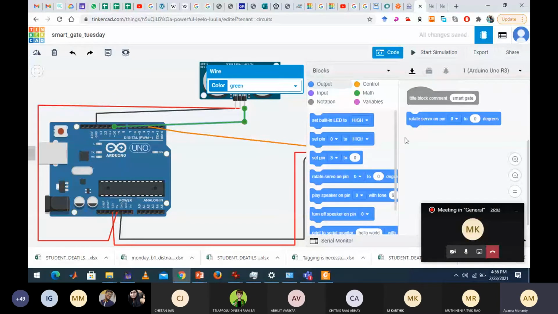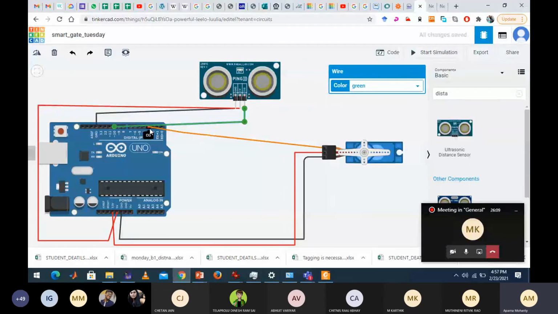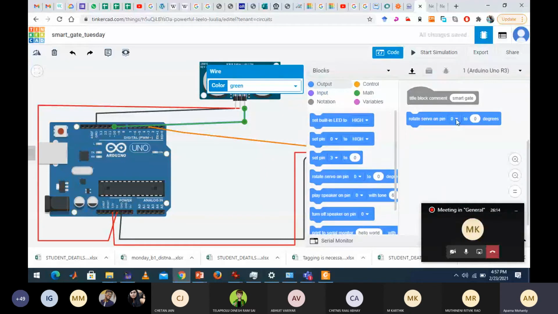What is the pin connection to the servo? The servo is connected to the third pin. So here I can rotate servo on pin number 3 to 0 degrees. This is the default case. Clear till this?